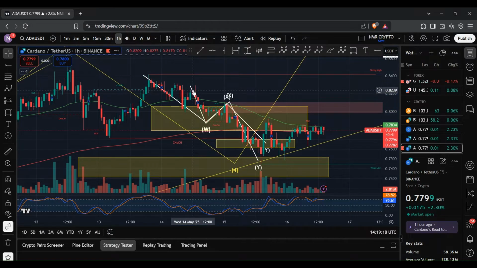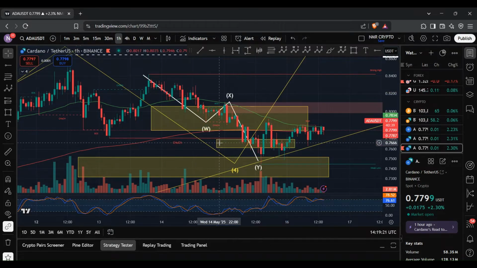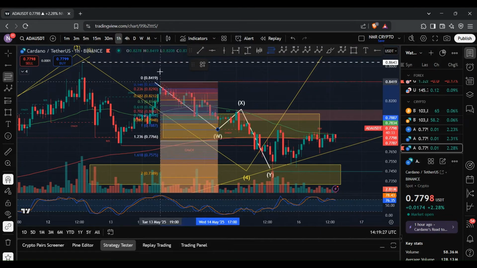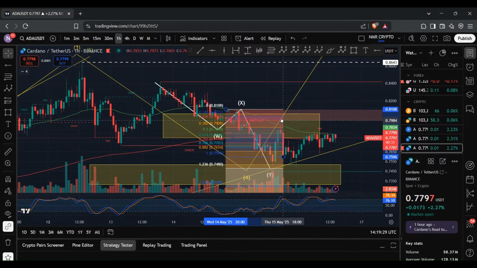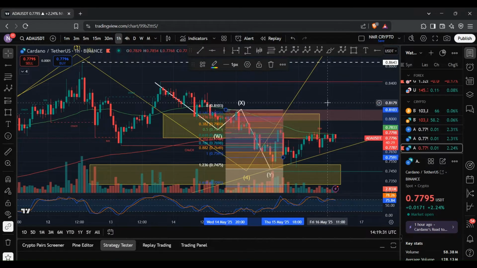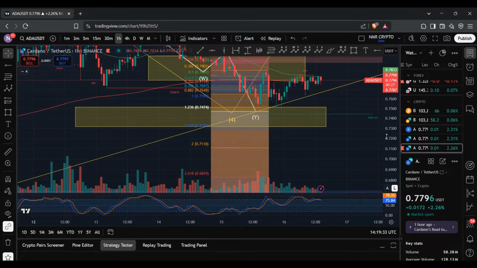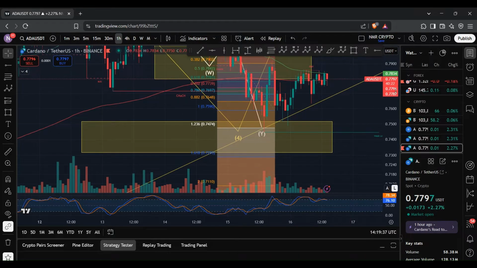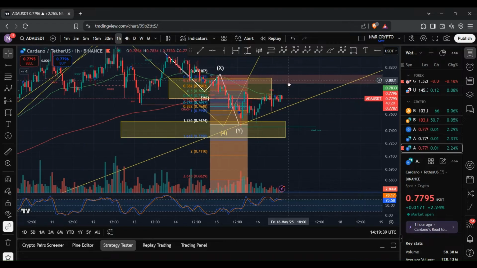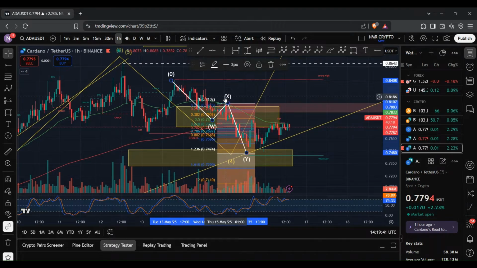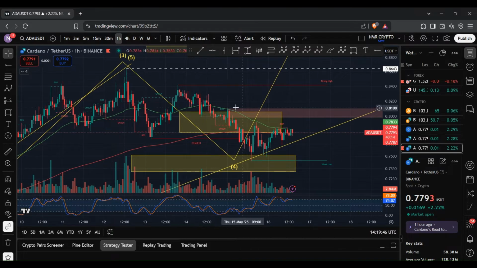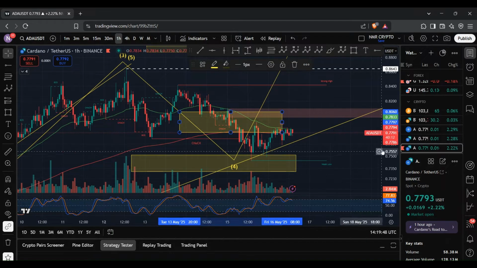And so what I'll do is I'll remove this now and this. And I'll do a quick check as well, just to see if that Y wave met the typical requirements. And yeah, you can see that we more or less hit the 1.226 retracement level. And so I'm satisfied with this wave count. And if I remove this and remove this, we also have this target here, which sits between 77 cents